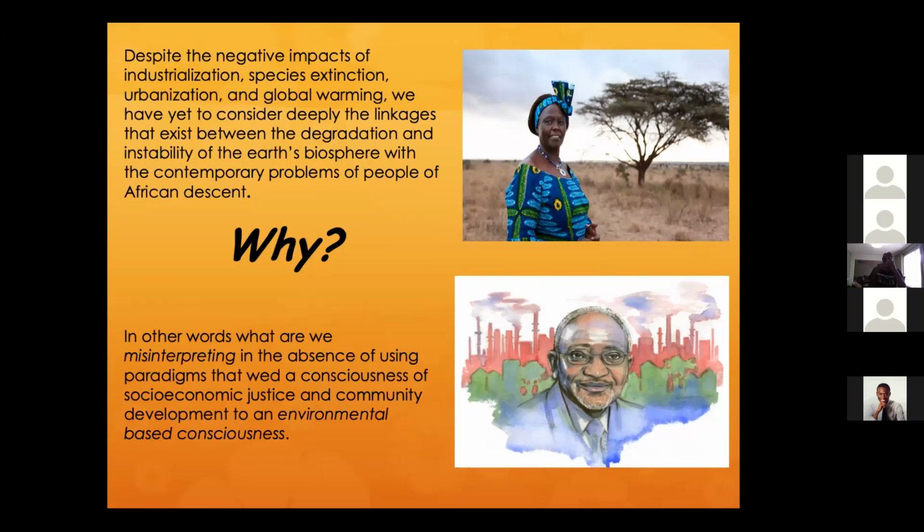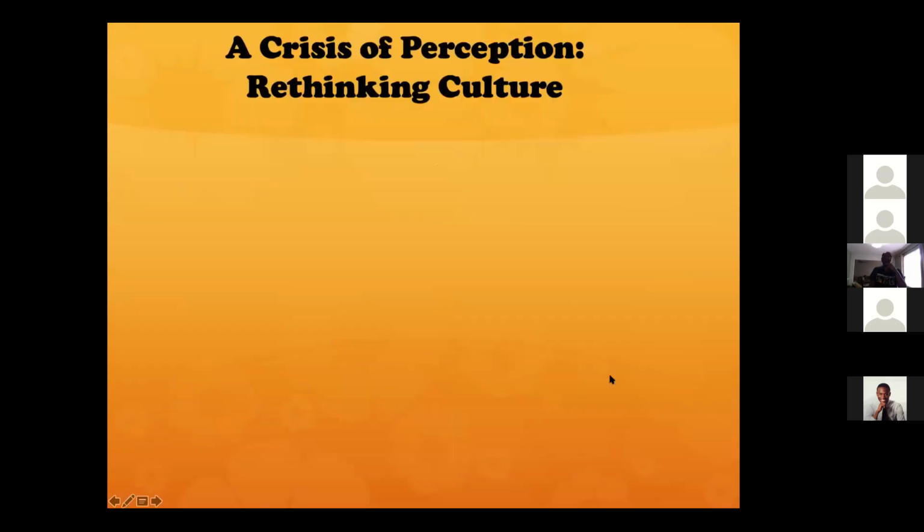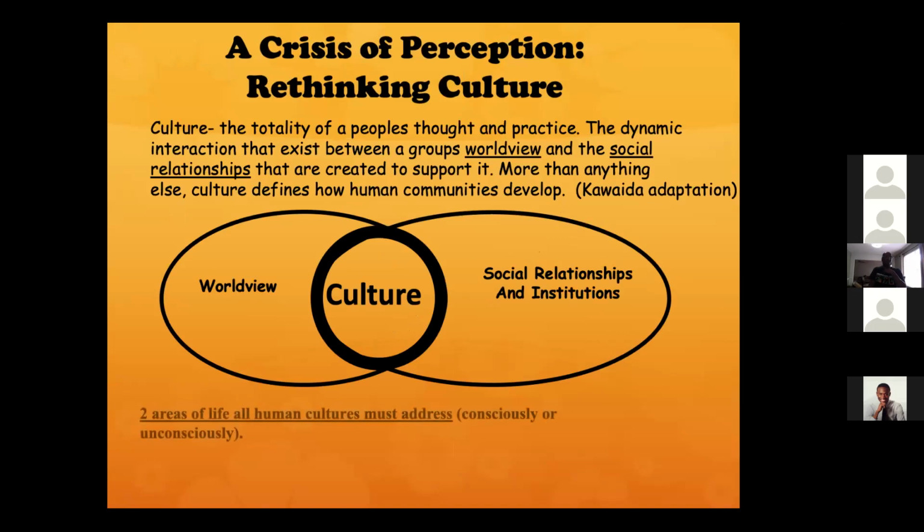What are we misinterpreting in the absence of using paradigms that wed knowledge or issues around socioeconomic justice with an environmental consciousness, right? And these are two people that often did that. You see Wangari Maathai at the top from Kenya, the Green Belt Movement, and I'm sure you're all familiar with Robert Bullard, right? So one thing is, we think the why is because there's a crisis of perspective,